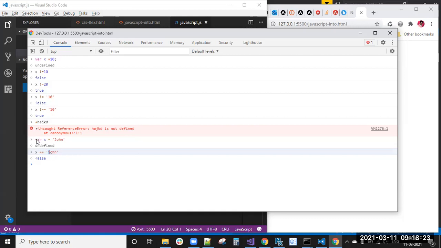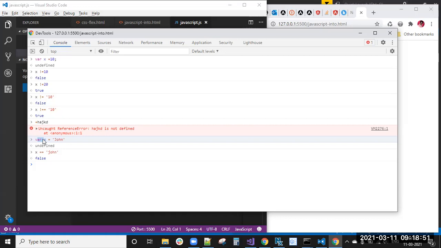Similarly, we have let and const, two keywords actually. Let and const I will tell after completing the functions class, because to know about let and const, you need to know about scope: global scope and local scope. These scope concepts are mostly in functions only. Inside a function, that is local scope.